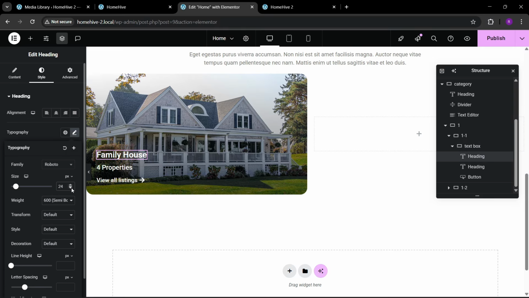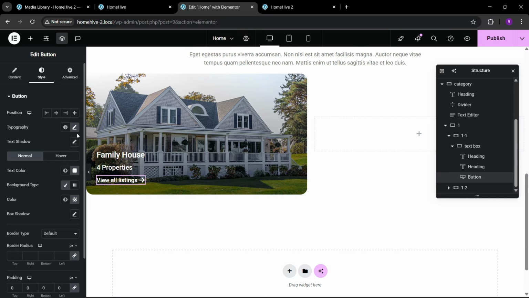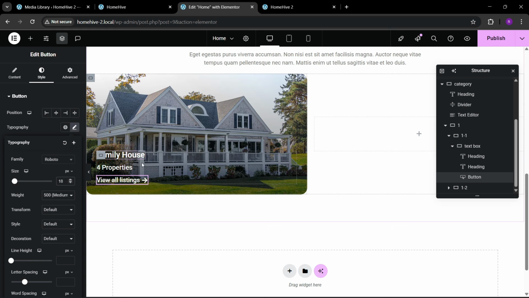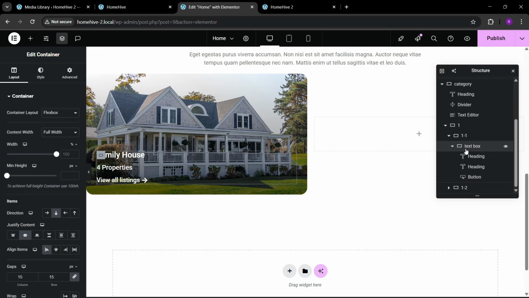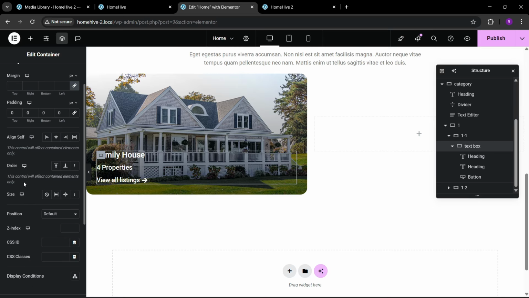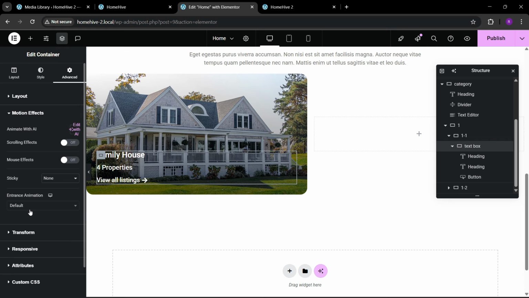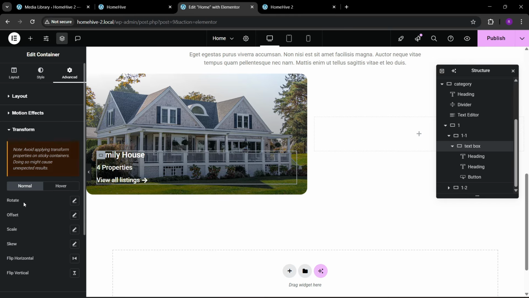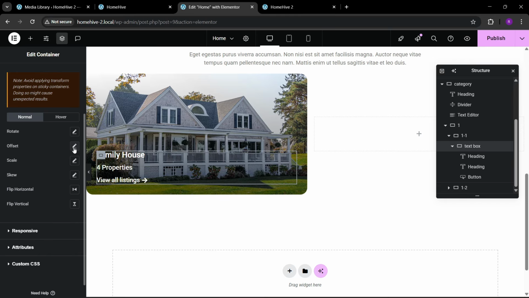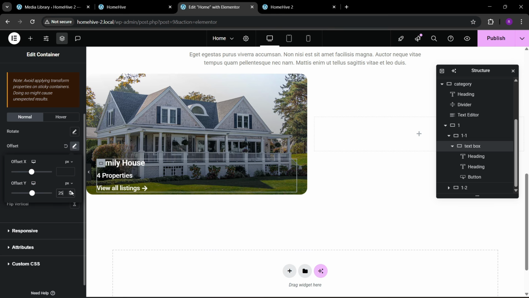Okay, like this. Also we can go to the text box, animations, oh sorry, advanced, go to the motion effect. Here you will find the transform. Here you can see we have this offset. So for the offset in the x-axis, we can hide this,